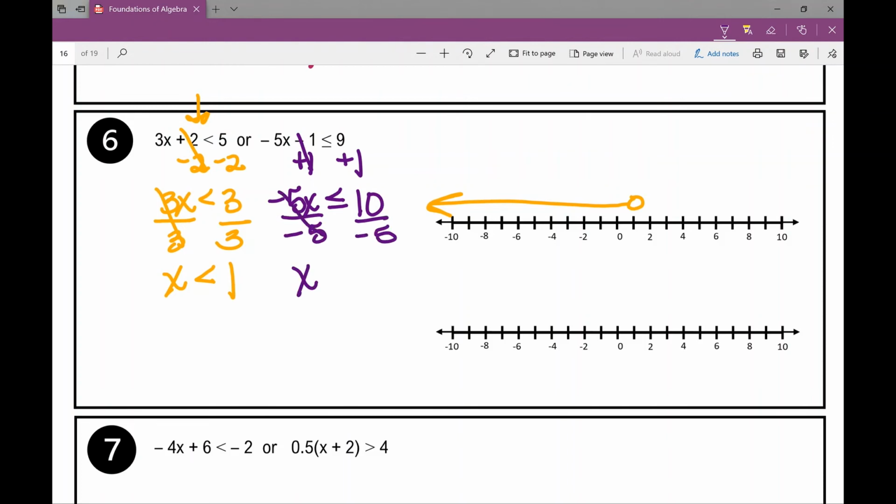X is, what do I do? I divide by a negative. Greater than or equal to negative 2. I've got to flip my sign because I divided by a negative. So x is greater than or equal to negative 2. So open dot or closed dot at negative 2? Closed dot. Which way do I shade? To the right. So these or inequalities, it could be this, x can be less than 1, or x could